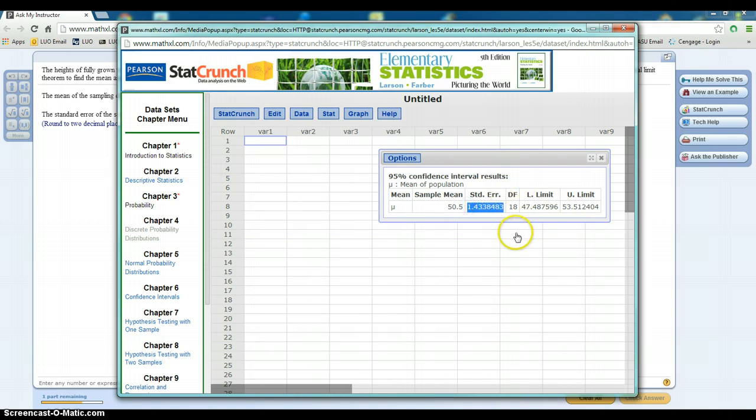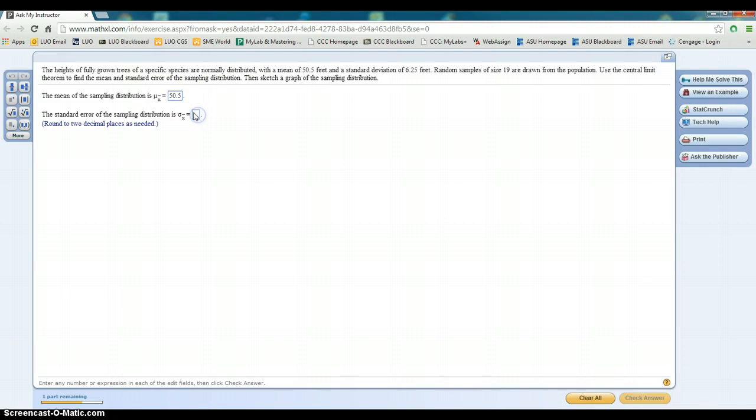and that's what we're looking for. MyStatLab wants us to round to the nearest hundredth, or 2 decimal places, which in this case will be 1.43. So we'll go ahead and type 1.43 in, come down here and left-click check answer,